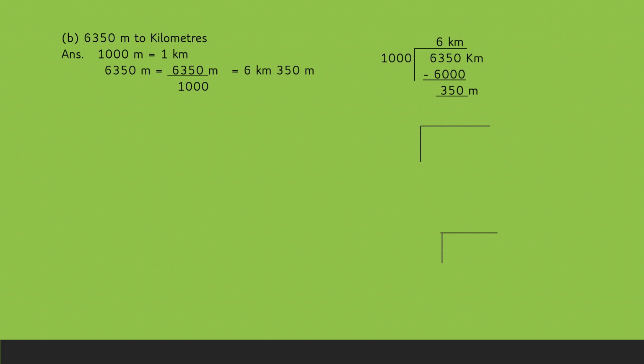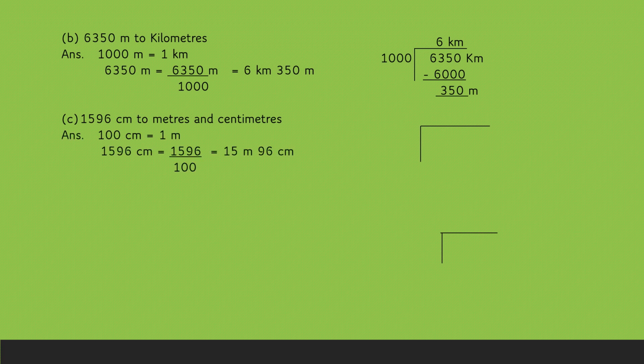And the second way, you can count down the zeros given in the denominator. Same way you will count down the number of digits given on the numerator, and that will be your meter part, and the number before it will be your kilometer part. Now 1596 centimeters to meters and centimeters you have to convert. Again from smaller unit to bigger unit. But you know here 100 centimeter makes 1 meter.